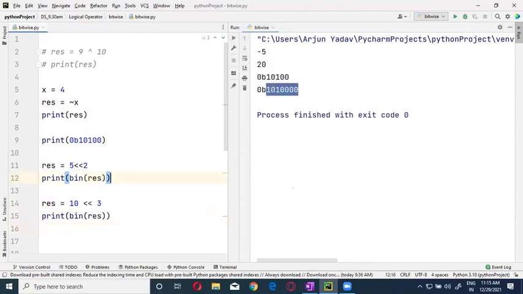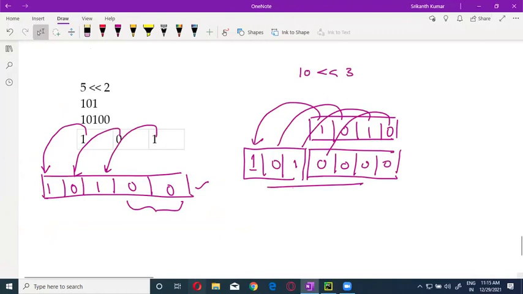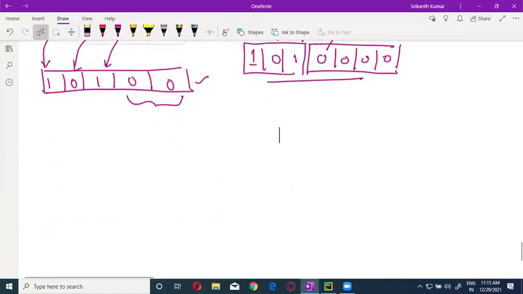Okay, guys. Now the same way the right shift means take the values, shift towards the right. That means just cut off the values. So always when you are doing the right shift, the resultant value will be smaller than the actual value. Now if I'm doing 10 right shift 2, guys, how it will work is